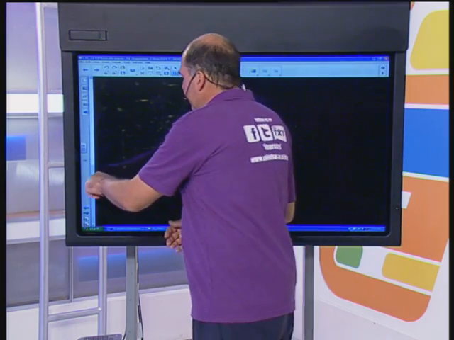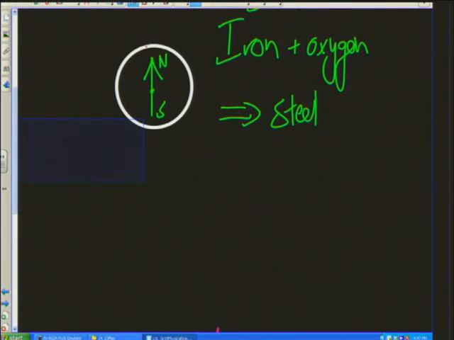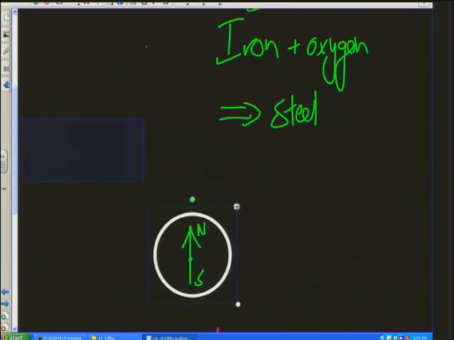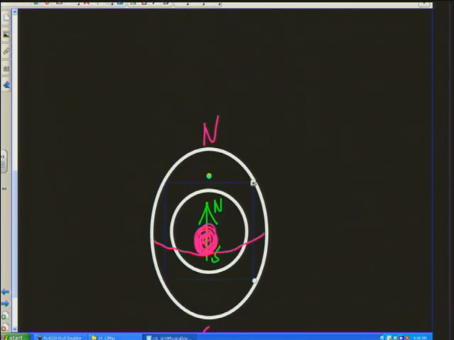So now let's come and put our little compass needle over here, which I want to move, my compass needle, and I want to put it on Earth. Where does it point to? It points to the geographic north. We've called this geographic north. But what do we know about the nature? We know that that's a north pole. And what do we know about magnets? North is attracted by what? Is north attracted by north? No. North is repelled by north. By north, yes. Okay. So north is attracted by south.